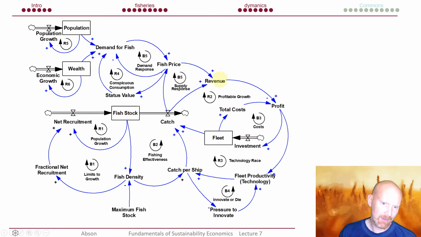And you can spread that wider, so you can think about what this means in terms of the fish price on the market, which the game, or the simulation, doesn't model, and then how the amount of fish caught affects things like population growth and wealth. So you can expand these models. They're super useful ways of thinking about these kinds of complex system dynamics that we have to manage to sustainably manage open access common pool resources.